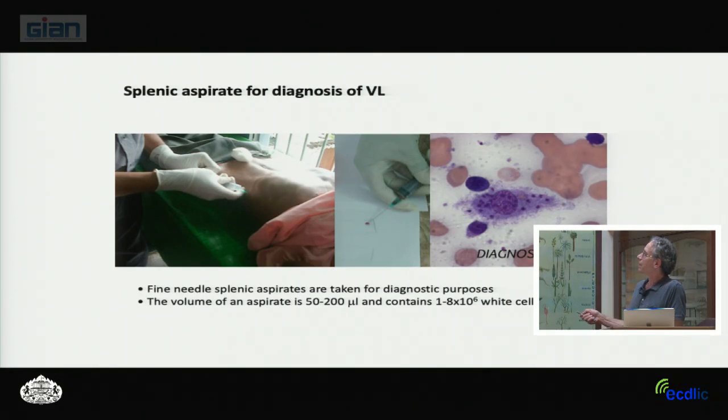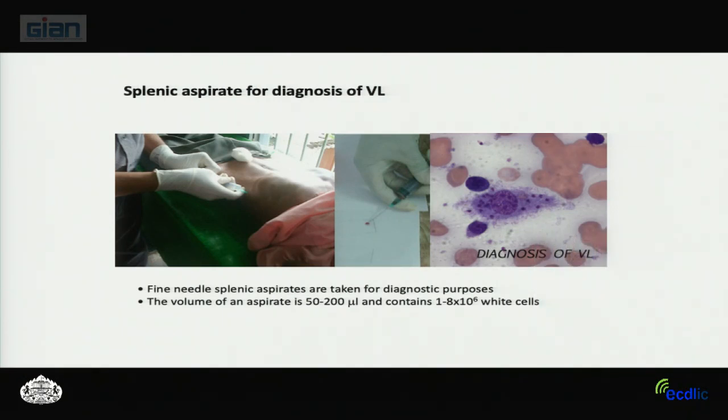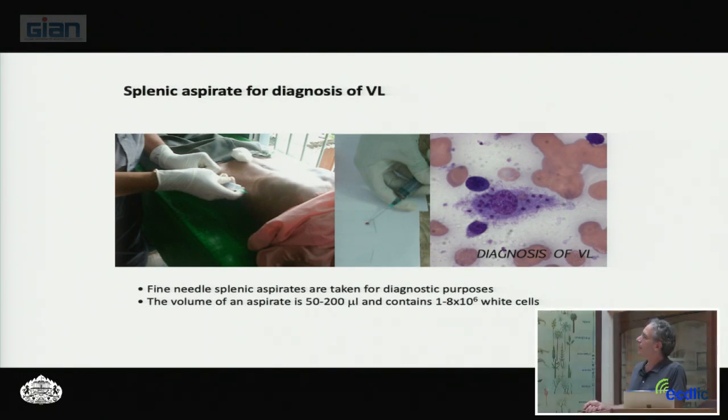This is doing some interesting assays with splenic aspirate cells, which they no longer do routinely now, but used to routinely do to confirm the diagnosis of VL before starting drug treatment. So fine needle splenic aspirate is taken, put on a slide to stain for infected cells, and then the residual amount of aspirate, just a small volume, but containing a packed amount of leukocytes,